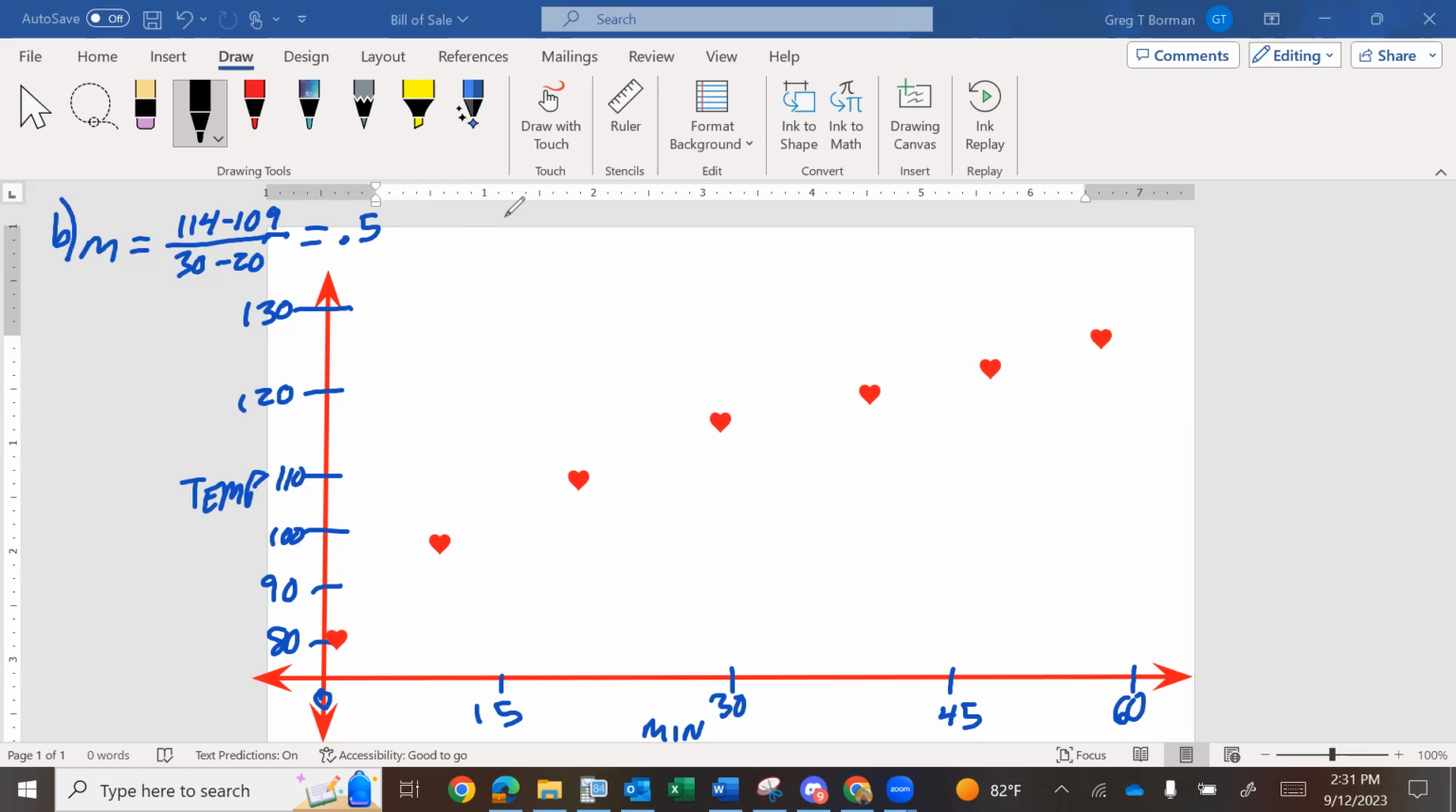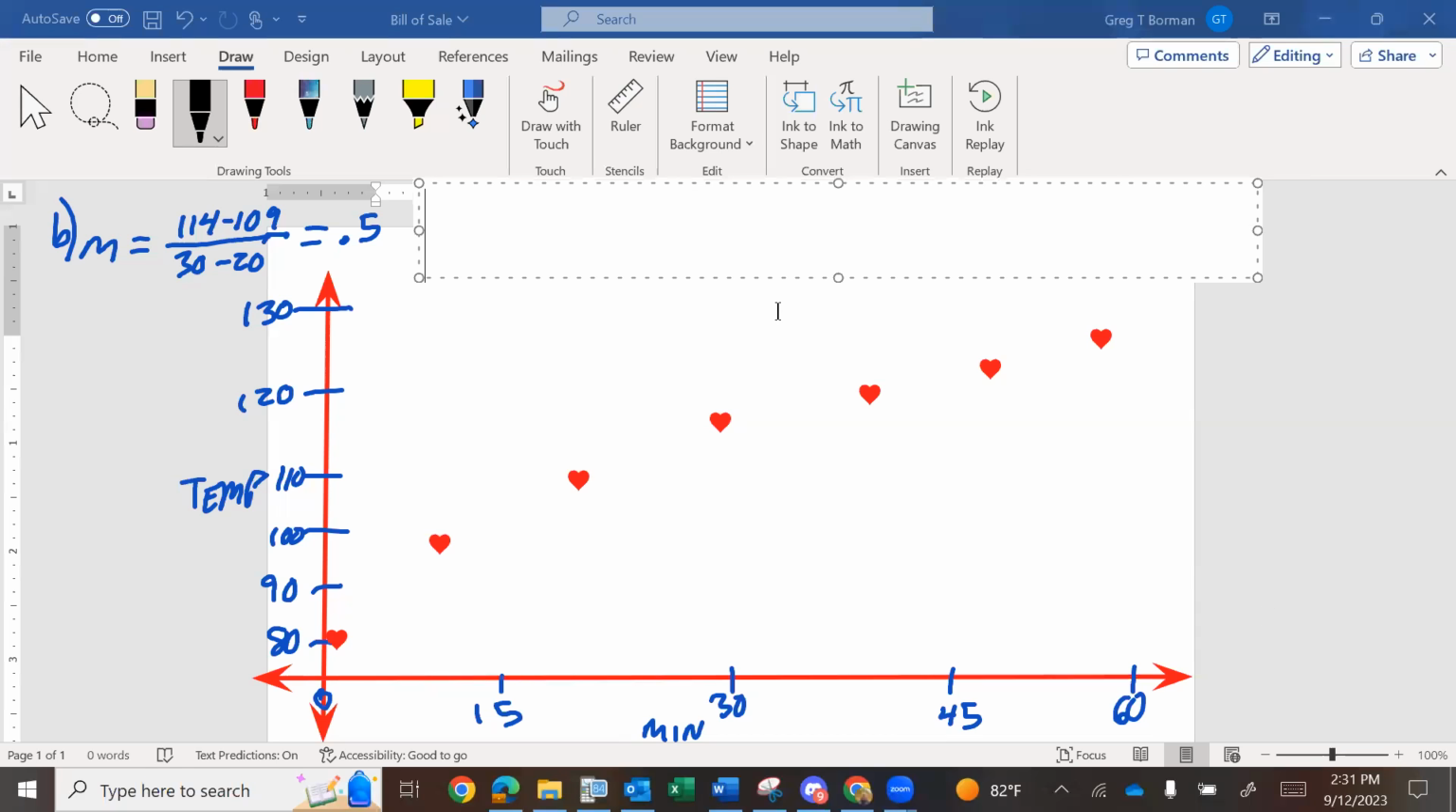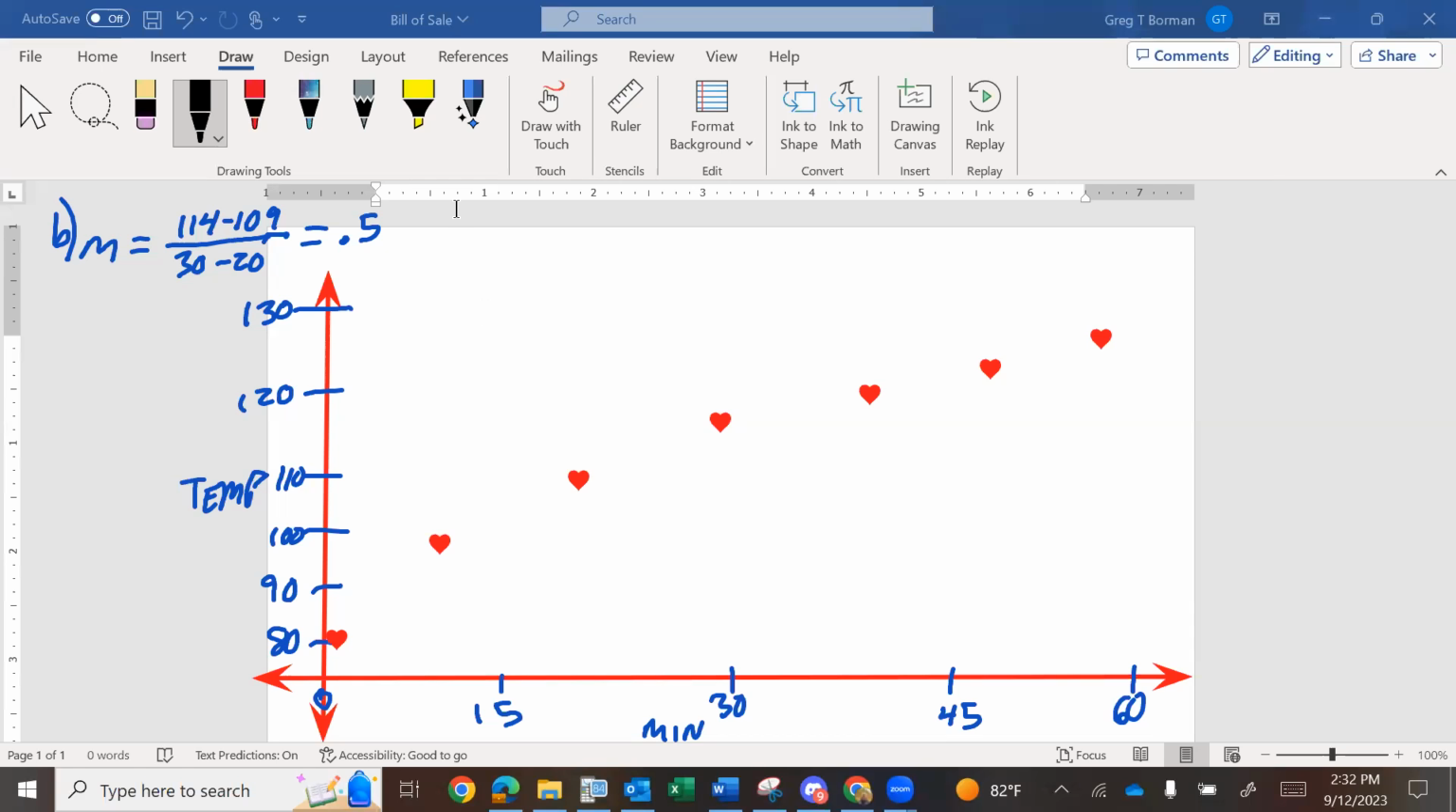So I'm going to go here and say, whoa, those are really big. I don't need that big. Let's go to about there. Let me redo that. So it's there. So what does the 0.5 mean? Well, like we saw in chapters 1 and 2, how to interpret slope, it would mean the temperature increases by